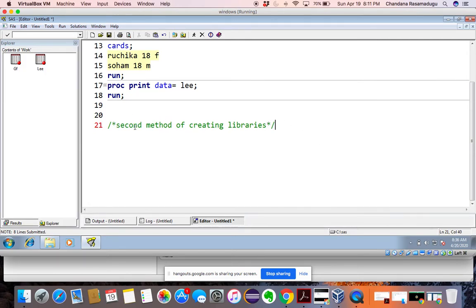This is called a comment. For this we have a shortcut: Control plus slash. Now I got it like this. Now you go and type whatever you want.